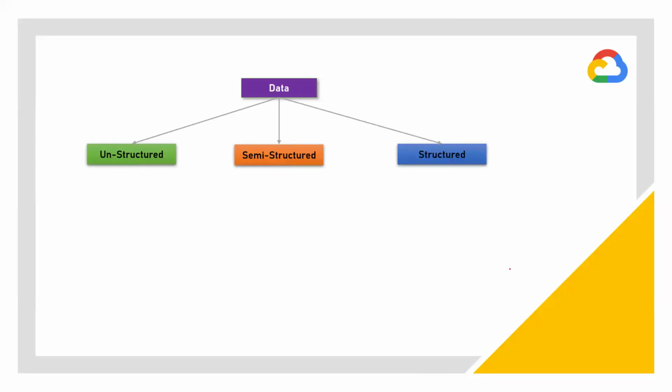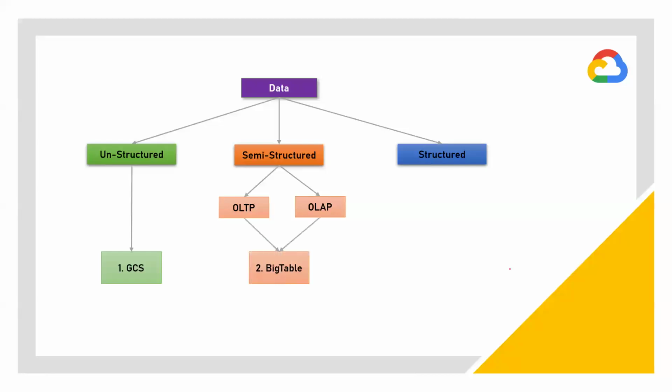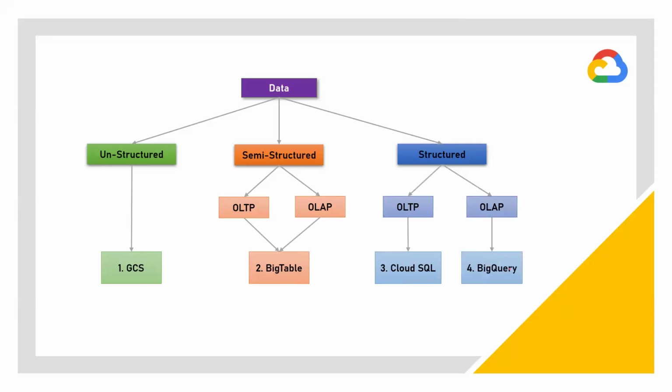Just now we were talking about why the GCP cloud computing services, because it is mainly to fulfill your project. If I have unstructured data and I wanted to store it, there has to be a separate offering from the GCP. That is nothing but GCS, right? So if you wanted to take care of unstructured data, you can go and learn GCS. We are going to see. For semi-structured data, you have Bigtable. And for structured OLTP, we have Cloud SQL. Structured OLAP, we have BigQuery.